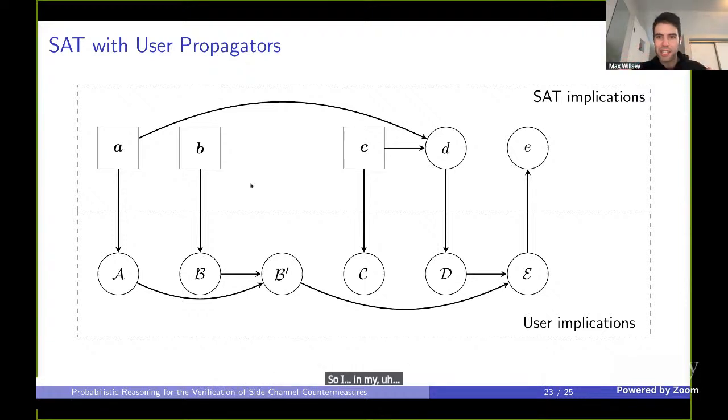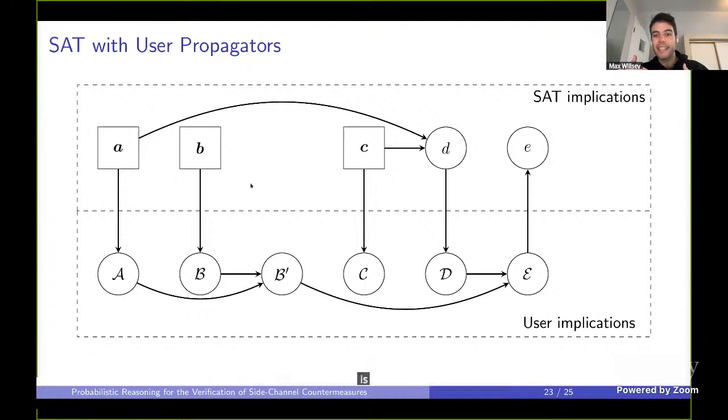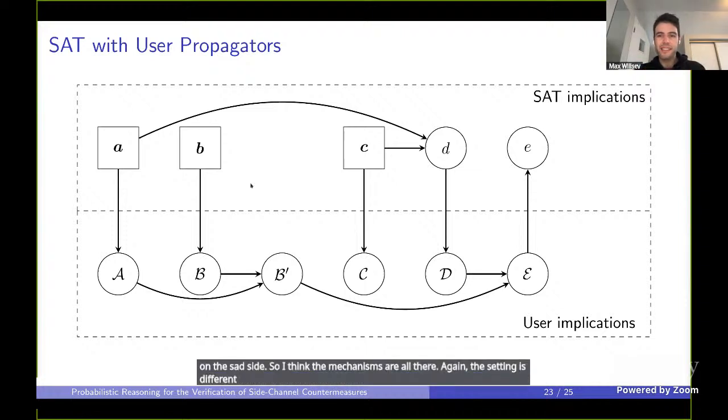So in my understanding of your picture here, that's the final step that you said. It's like, oh, the user propagator is seeing big E and then asserting little e on the SAT side. Yes. So I think the mechanisms are all there. Again, the setting is different, right? Because I think there's one big missing piece though, Max,